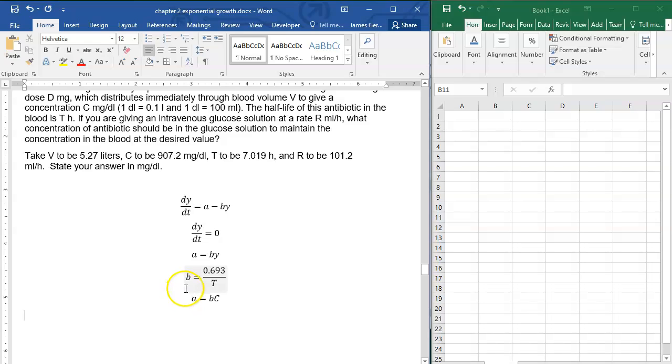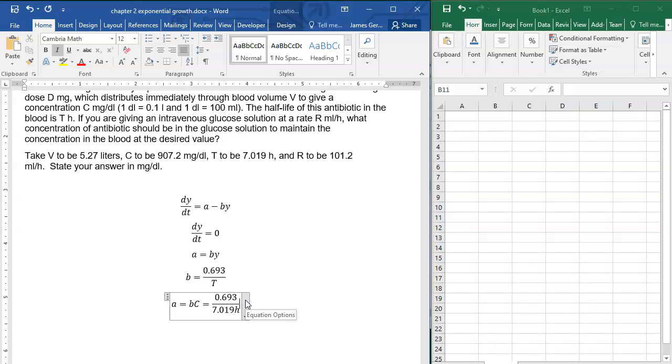So we know what A has to be, and A is the constant influx. A is, in this case, 0.693 over 7.019 hours times